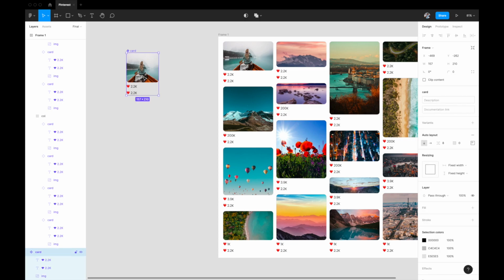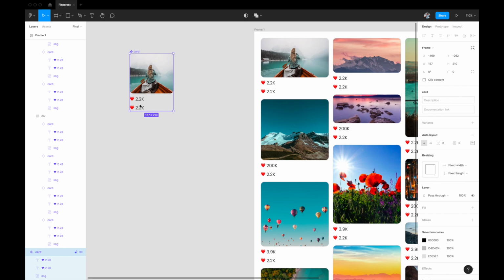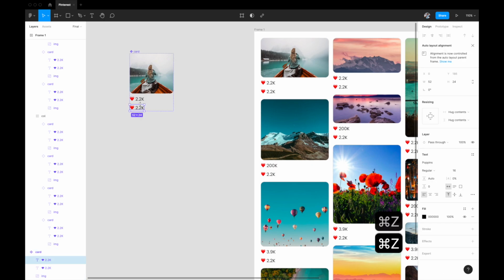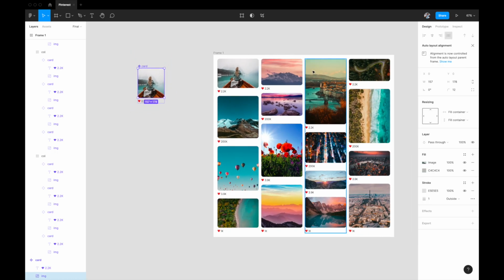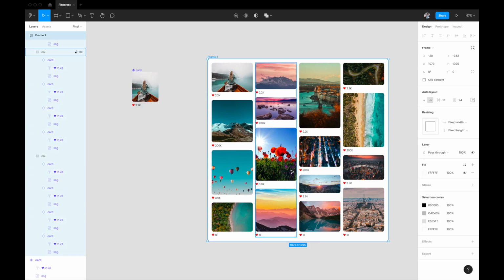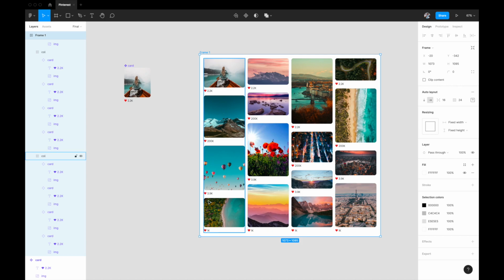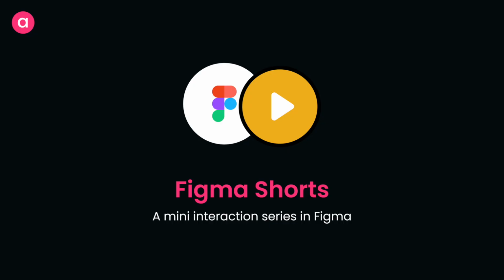If you haven't heard of components, and if you're not sure how to use them, I've explained that in my previous videos as well, so you can go and check it out. But the reason for using components is that if I make any change in my main component, the main card, it'll always reflect in the entire system. And now the entire system is again resizable, and it'll follow the entire frame that you have built. So guys, I think that's it. That's how you build a Pinterest sort of layout, this masonry grid, using just auto layout.